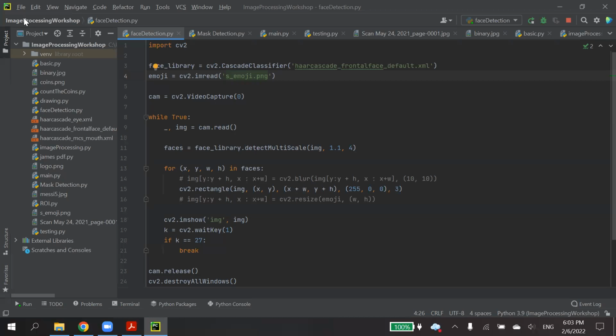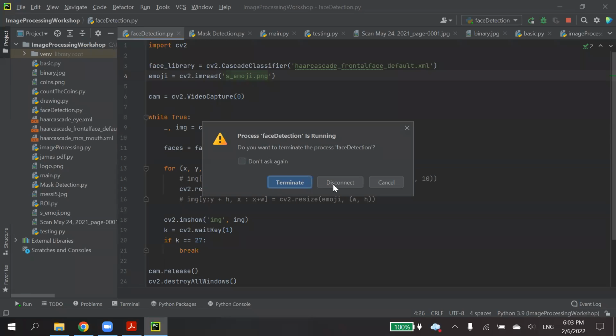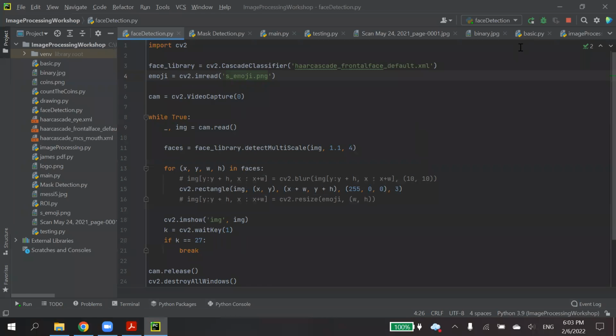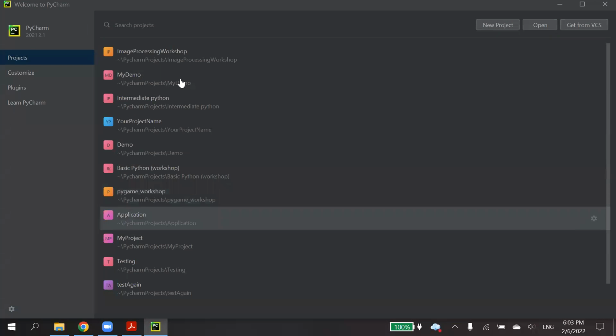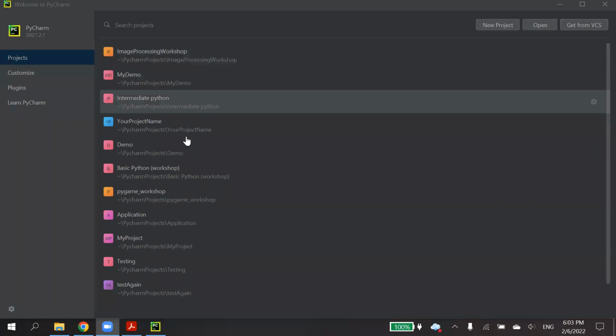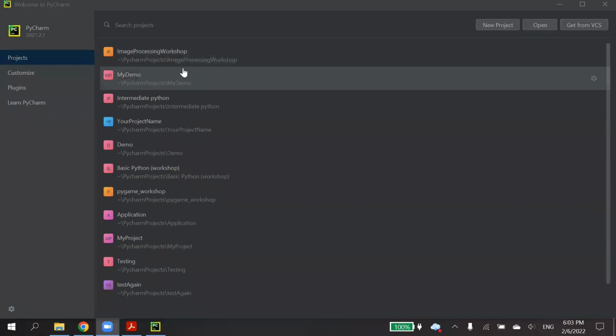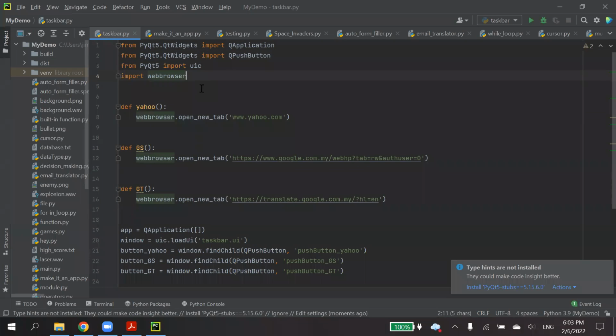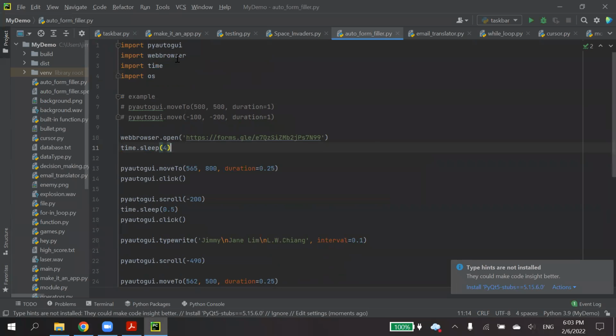If you don't want to run your file from PyCharm, because not everybody has PyCharm or knows Python, you can actually compile your code. For example, just now I compiled this auto form filler.